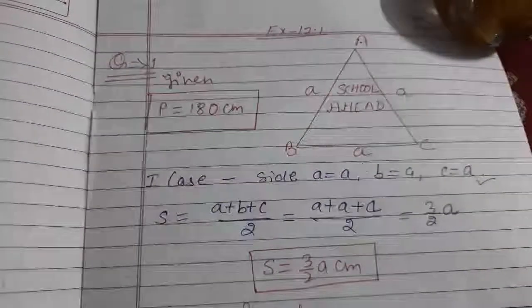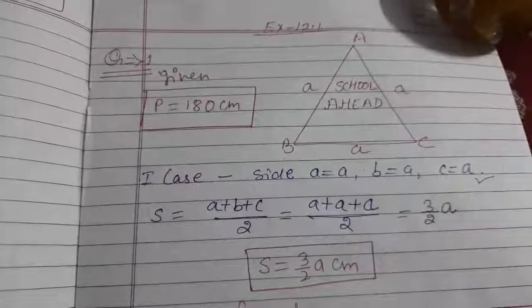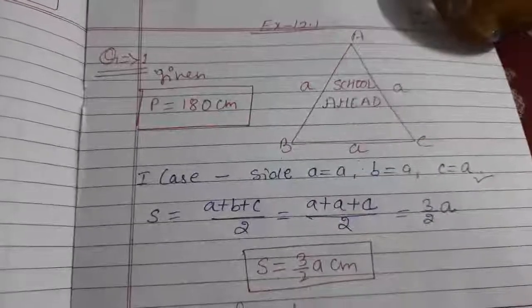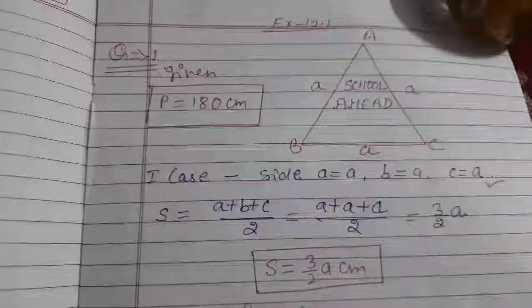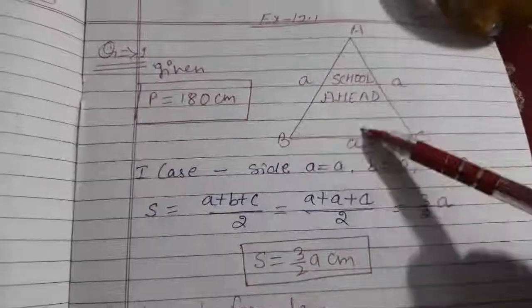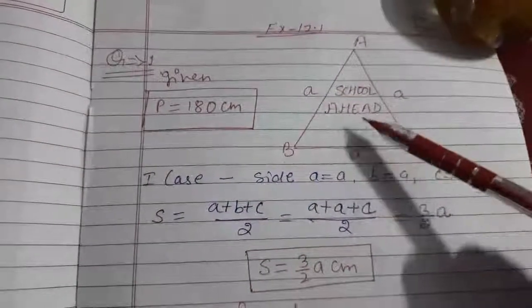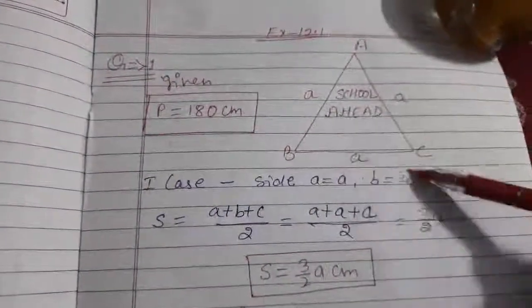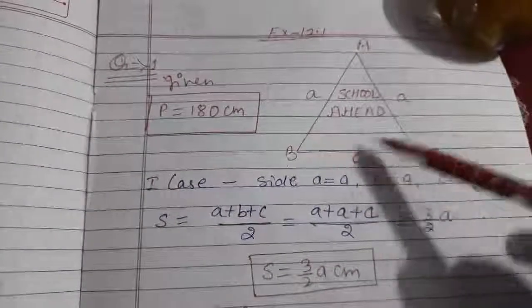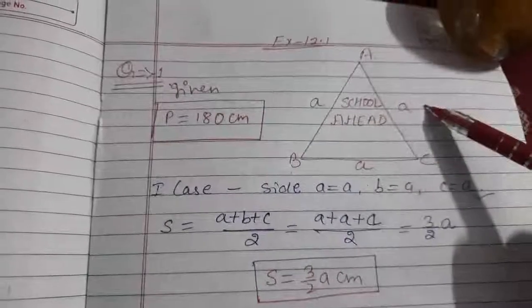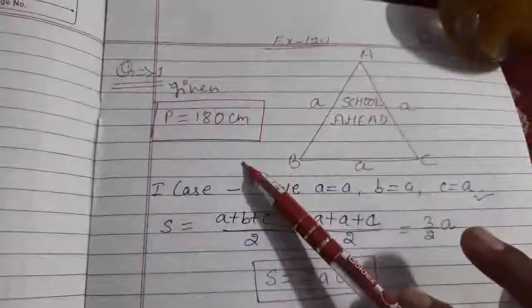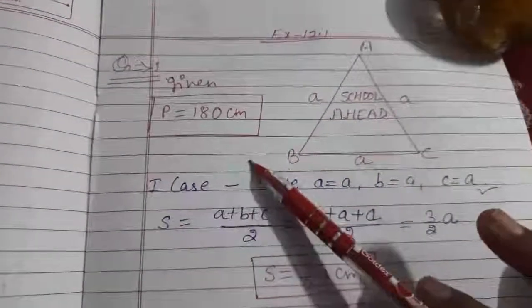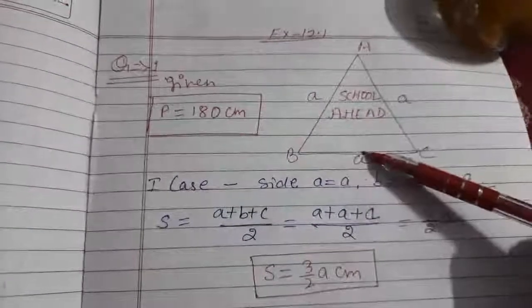And in today's video we are going to solve 9th class NCERT book Mathematics chapter 12 Heron's formula exercise 12.1 question number 1. According to question number 1, there is a signal board on which a message is written, "School Ahead", and this signal board is in the form of an equilateral triangle whose sides are a. It is also given that the perimeter is 180 centimeter, then what will be the area of this triangular